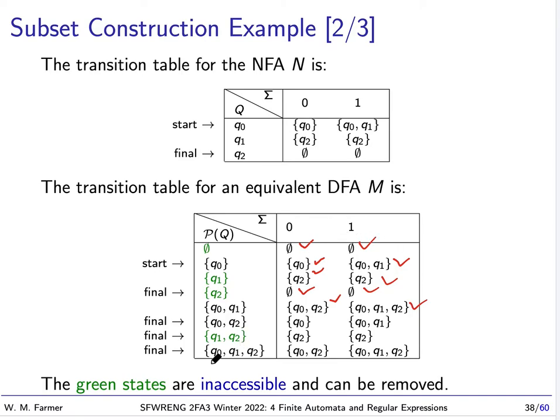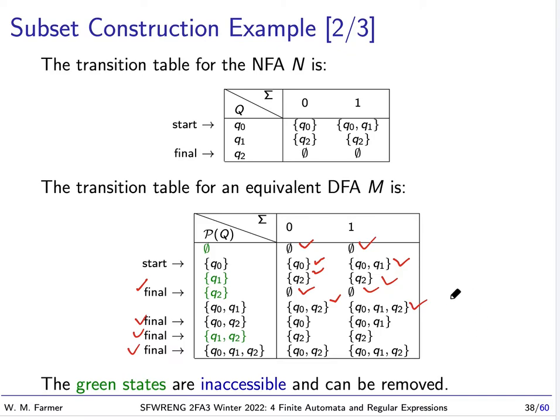Well, for instance, if we look at this set of the triple, and we're reading a 0, it's going to be the union of all of these sets. And for a 1 it will be the union of all these sets. Okay, so this is a transition table, and the start state will be the set of the start states of this, which is this. And the final states will be all the subsets of Q0, Q1, and Q2 that contain Q2. So it's going to be this one and these. So these are the final states. And that's it. We've constructed